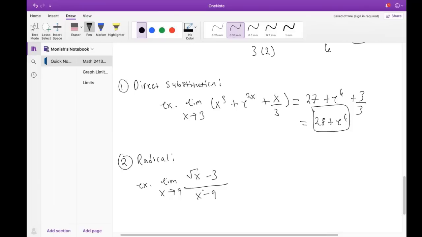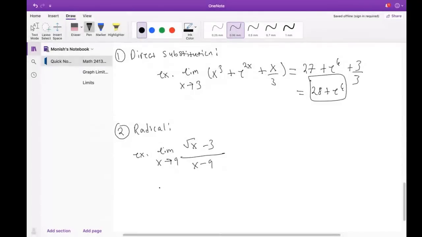If we go ahead and try to plug in 9 directly, we'll get 0 in our denominator, and then we'll automatically assume that it's DNE. But you can actually rationalize this. So the way to do that is,